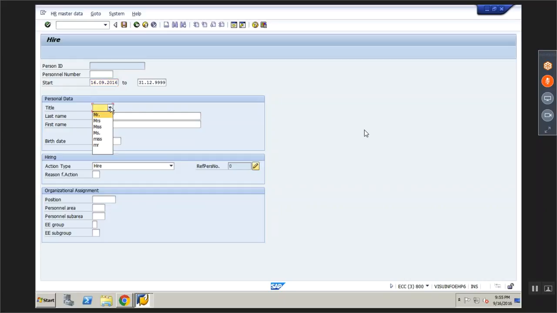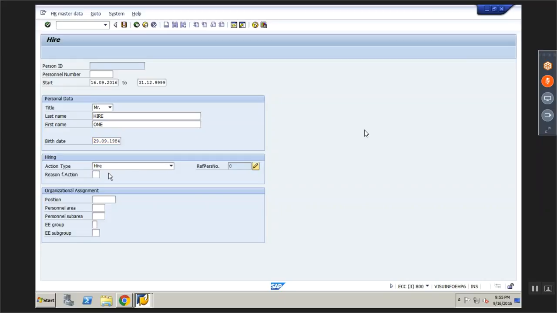Now these are the mandatory fields I have to give. Mr. Hire 1. I'm just giving some random name. And you have to give a date of birth, 29/09/1984, for example, just like that. And then I'm doing a hiring.